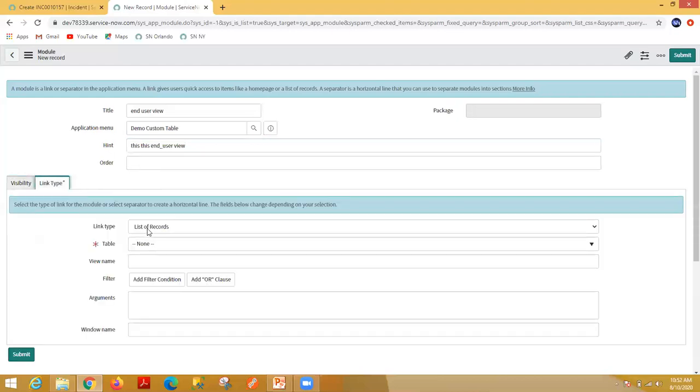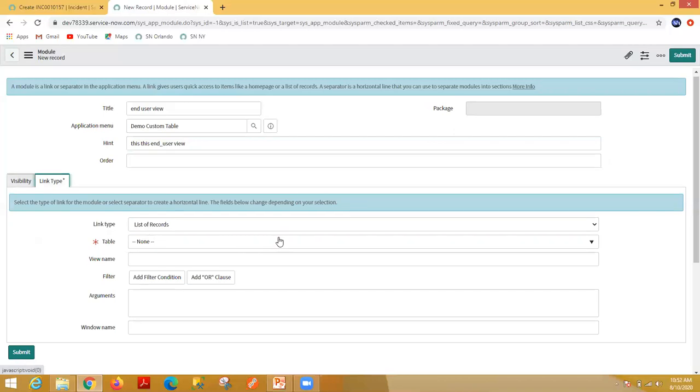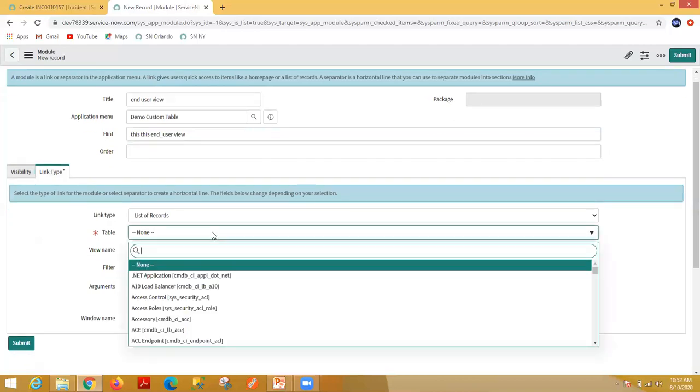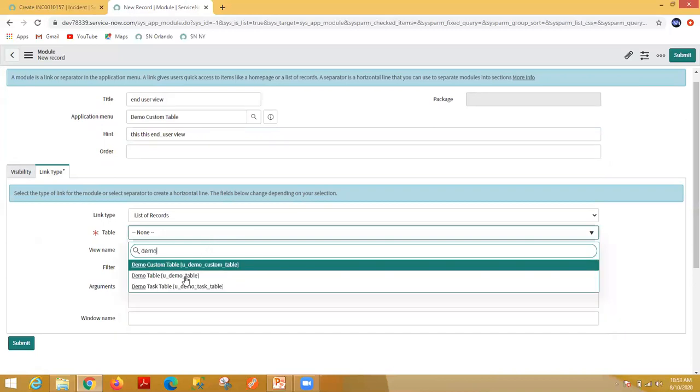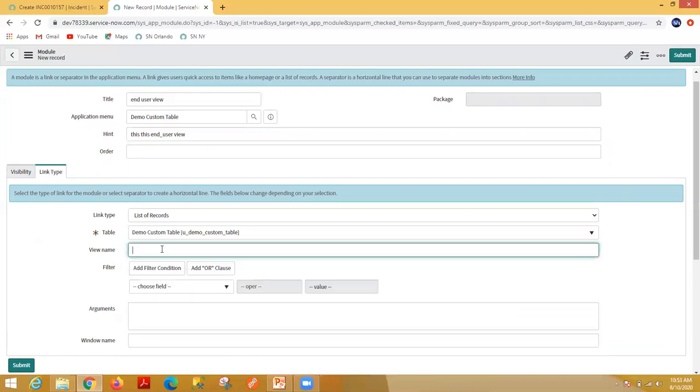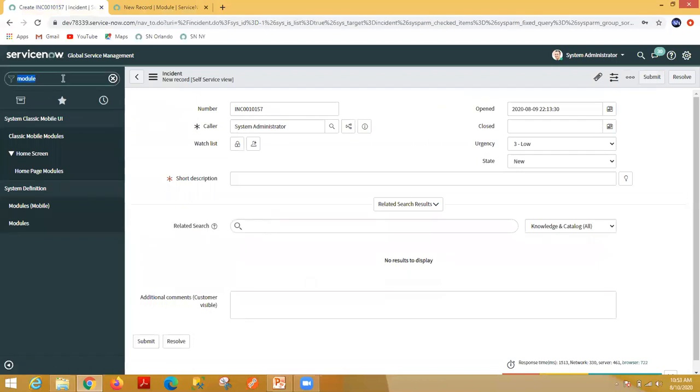So here in the link type, you can just select the list of records, and table, you can select demo custom table, right? And view name here you can give. So actual view name you can see from here.